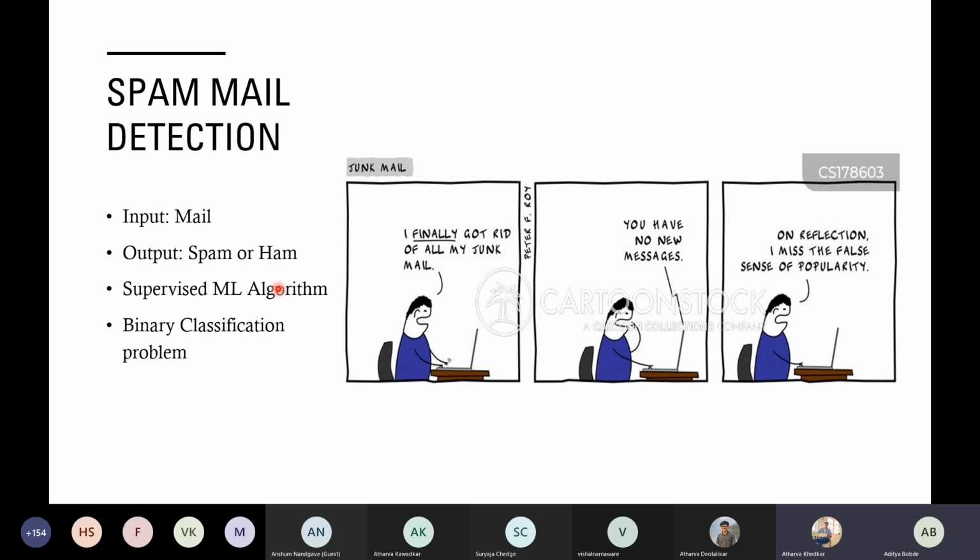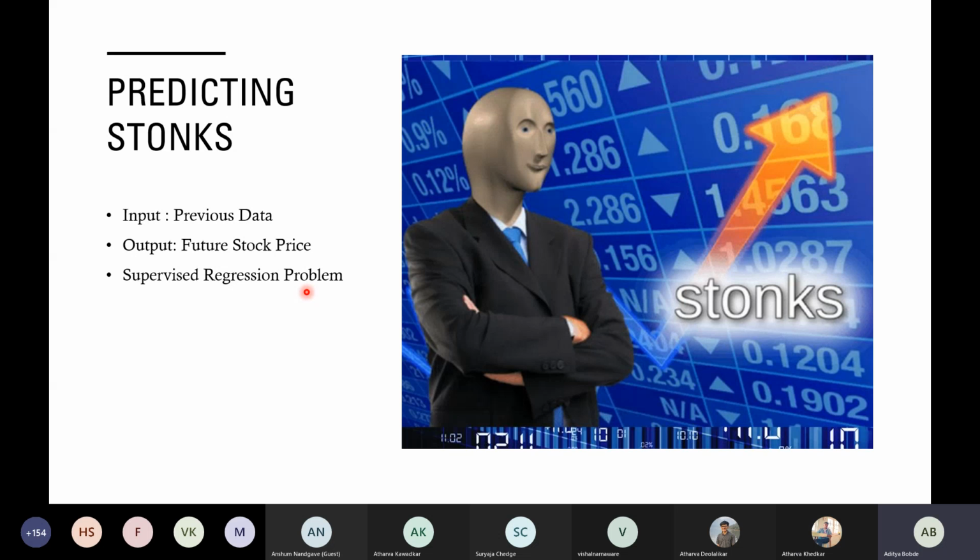Great. So just continuing with this, it has two classes. So that's why this is binary classification. Binary stands for two. If you have more than two classes, like 10 and so on, it would be multi-class classification problem. Okay, so this was a typical use case of spam mail detection.